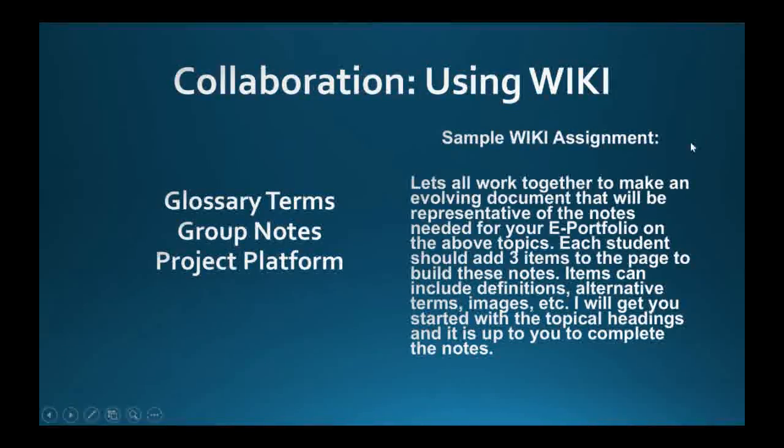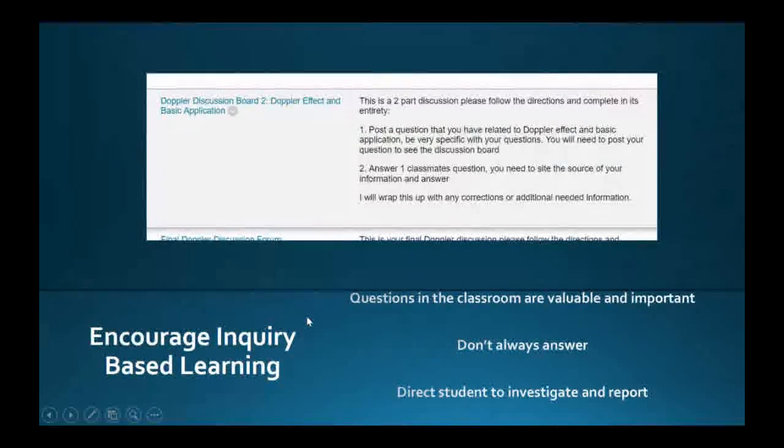Is that what the wiki is? I can show you a wiki when we're all done. After we're done, I can show you what a wiki looks like and how you can use it in Blackboard. Do you use Blackboard a lot? Are you getting to use it? I have a grading system on it now. Okay. Right. I can show you one of our previous wikis if you'd like.